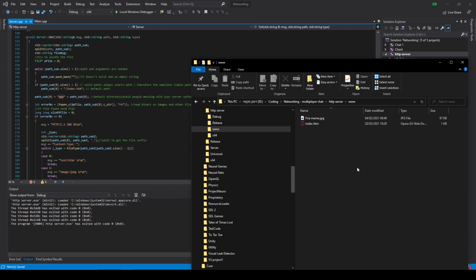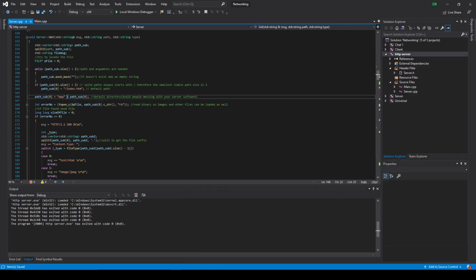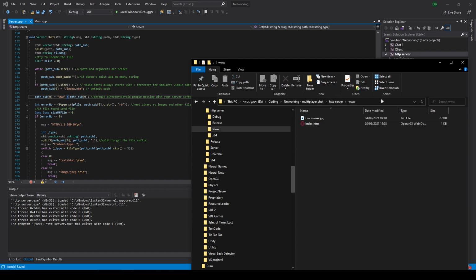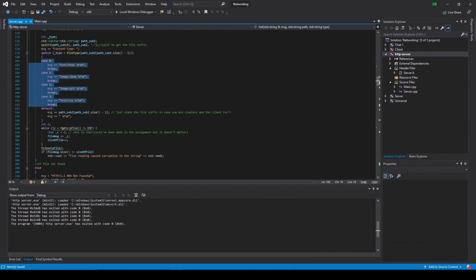So the web server works in this folder, and every file read would be in this folder because I don't want people accessing stuff. I don't want my clients accessing those files in here. I just want them to access the files that are in here. There are 4 different content types that are handled here. There is also a default answer where if it's not one of those 4, then it just returns the